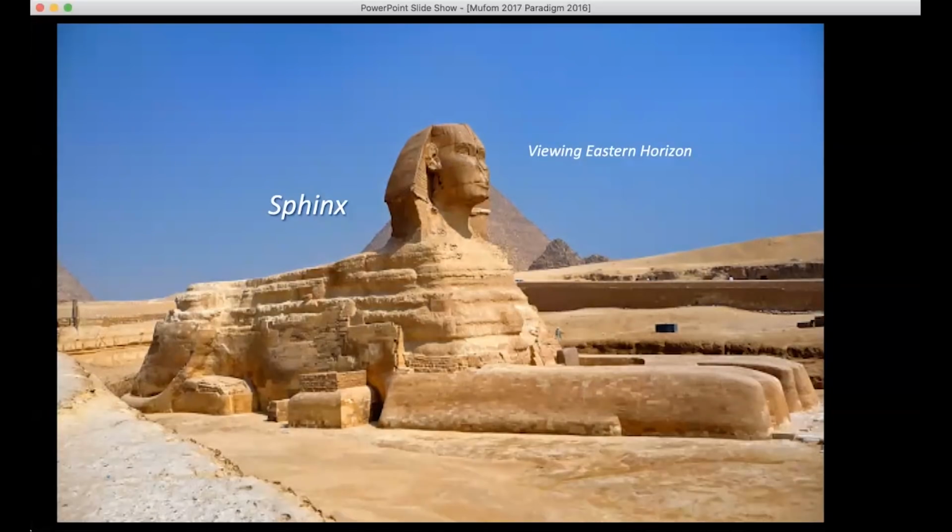And Dr. Robert Schoch, geologist and great guy, was very correct in his water erosion theory and how it's dated back. And I think it's probably going to go back even further than he dares to think, which is not unlike the view of John Anthony West, where he thought it went back even to this time of Zep Tepi,